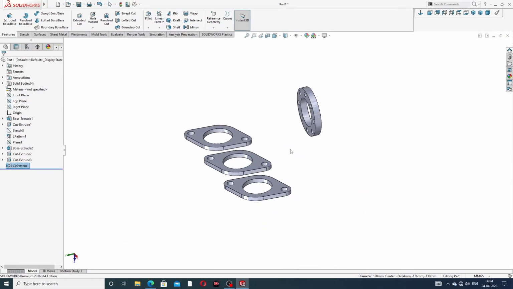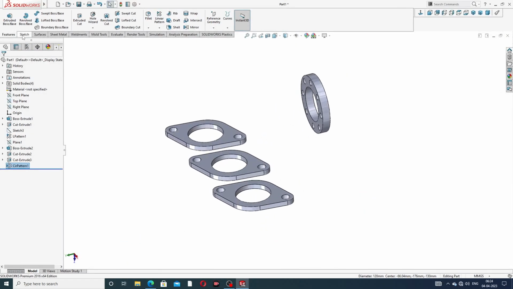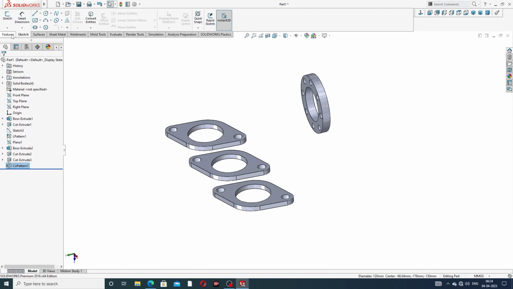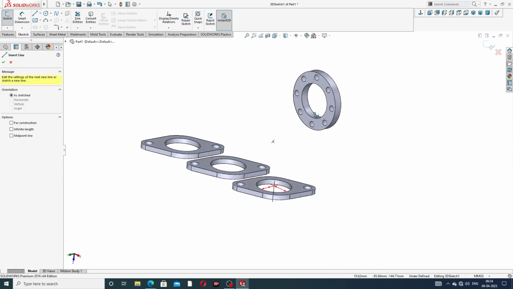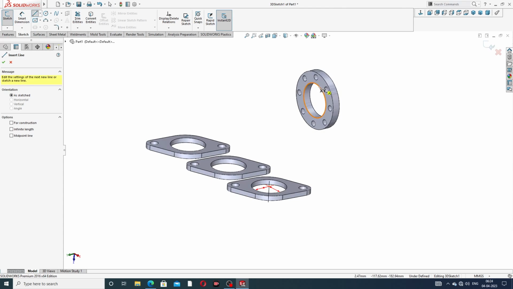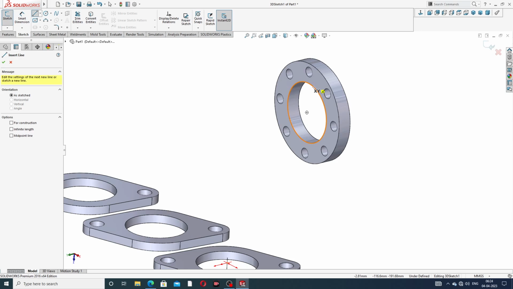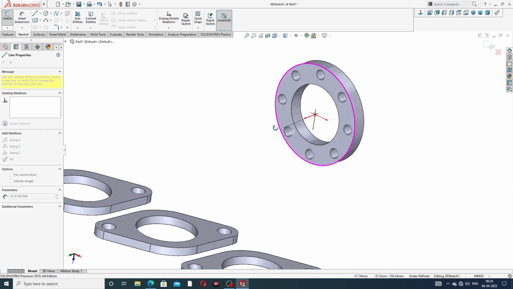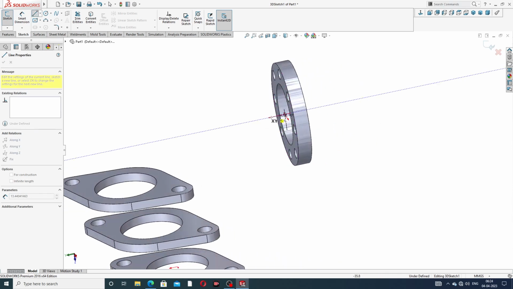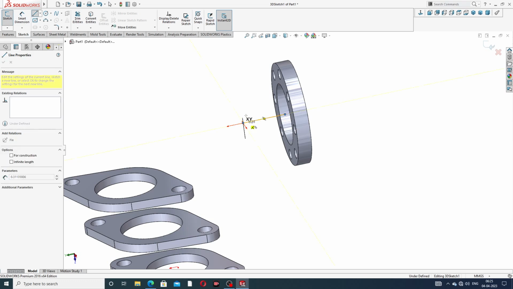Okay, and this uses a 3D sketch. Some points are discussed here, and drawing a 3D sketch is very important. Click a line. The line is drawn here, and at first select this circle, and this line is from this to this. Okay, this is a perfect line and correct,